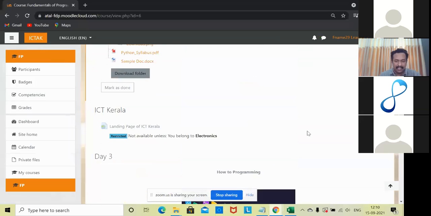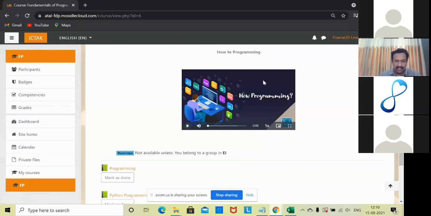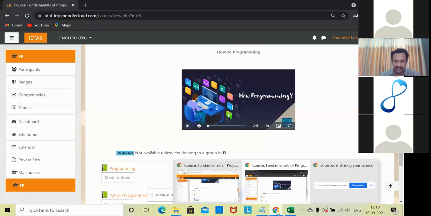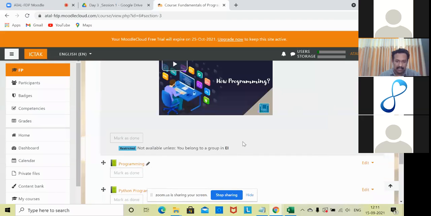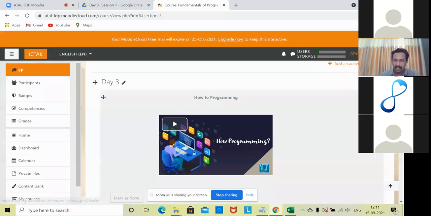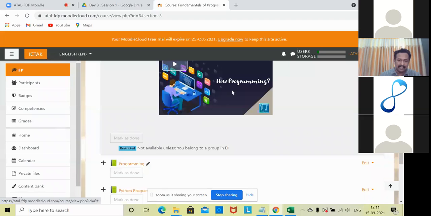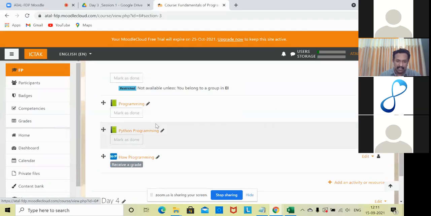Oh, sorry, this is again a section content itself. One second, it is in this section. It is added as not available unless you belong to group EI programming, because the content itself is available in the public mode.